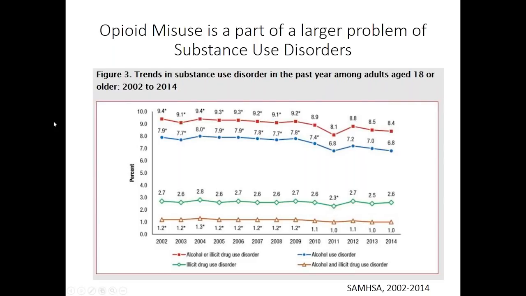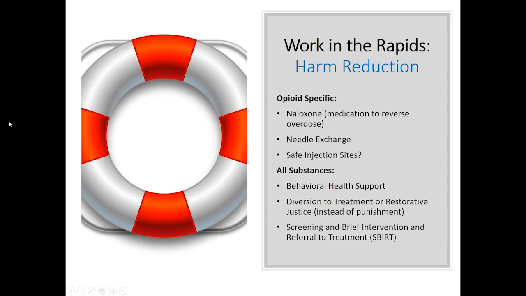So with harm reduction, right now most people are dying from opioids, prescribed opioids or heroin and fentanyl. And so communities need naloxone to reverse overdoses. They need needle exchange to keep people from getting infectious diseases. And some cities are even considering safe injection sites. But to address the changing substance use disorders, communities also need to beef up behavioral health support and diversion programs for people caught possessing drugs. So we aren't shaming and punishing, but providing accountability and support.